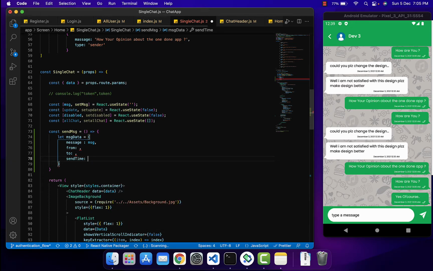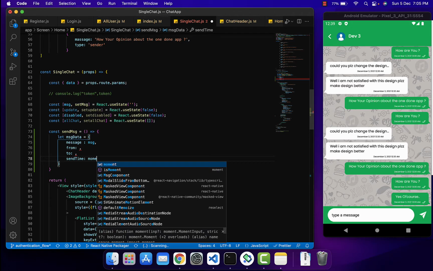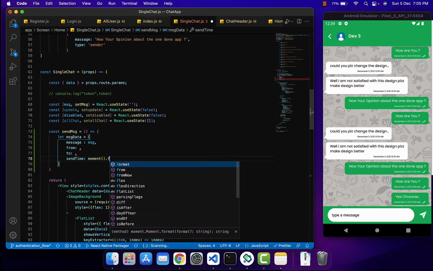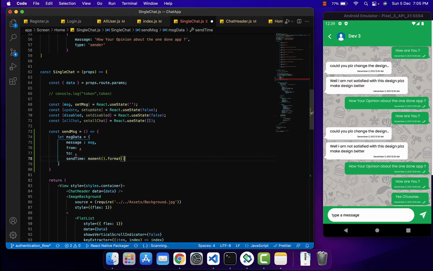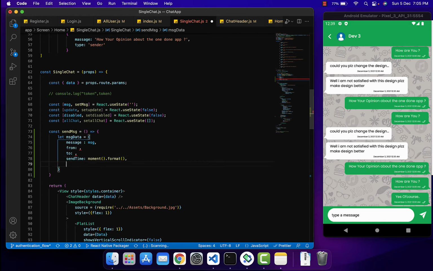For send time, I'm going to use moment dot format,